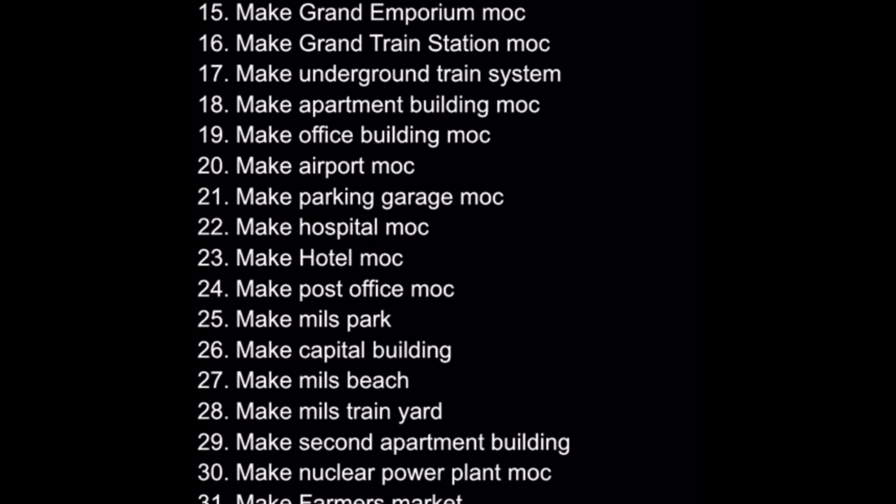I don't know how big I would want this Mills Beach to be. At least take up a couple base plates and have a nice ocean going out. The next thing on my list is to make a train yard. For the train yard, I would want it to be very big. It says Mills as well, because, like, with the beach and park, I just want it to line up with